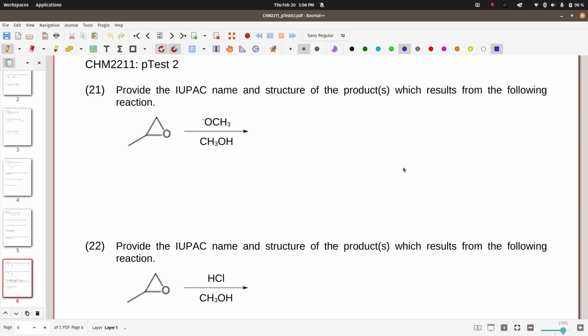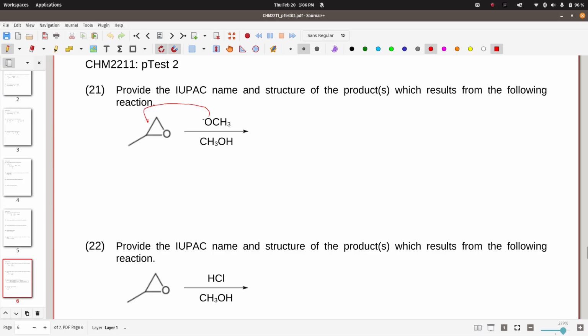All right, we're looking at question 21 here. I'm going to go ahead and do the full mechanism on this to actually draw what's happening, because we got a weird thing going on when I have either nucleophilic conditions, like I do in 21 and 22, or acidic conditions. All right, under nucleophilic conditions, very first thing that happens is the nucleophile will attack the back side